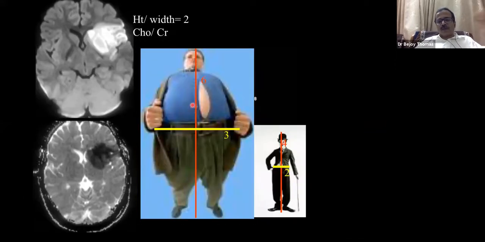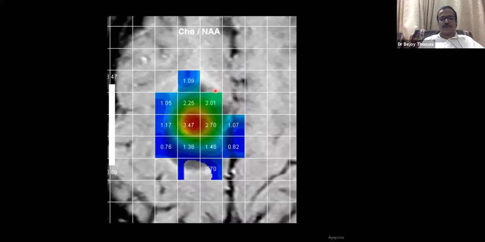Always remember this fat guy and small guy who are actually giving you the choline creatine ratio. That's why I personally think that the choline creatine ratio is the biggest lie ever published in the literature. A lot of people may not agree with me, because they are hardcore fans and have more experience with this. Over the last 10 years, I found that it is not really as useful as perfusion or diffusion tensor metrics. But why we still need to do it is actually to get the